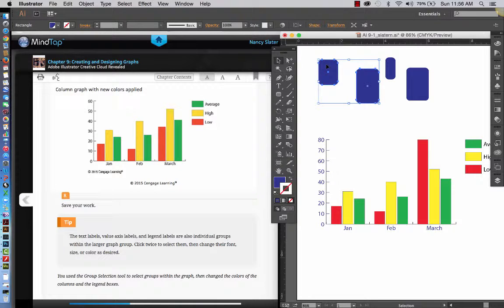And so I can click on that first group with the black selection tool and it will select the entire group. However, if I want to select just one of the group, as we were just doing with that graph, I could get the group selection tool, select one, and then click a second time, and two are selected. Then if I want to add to that group,